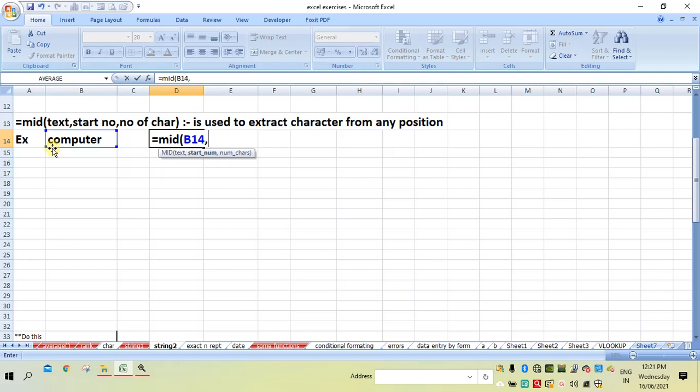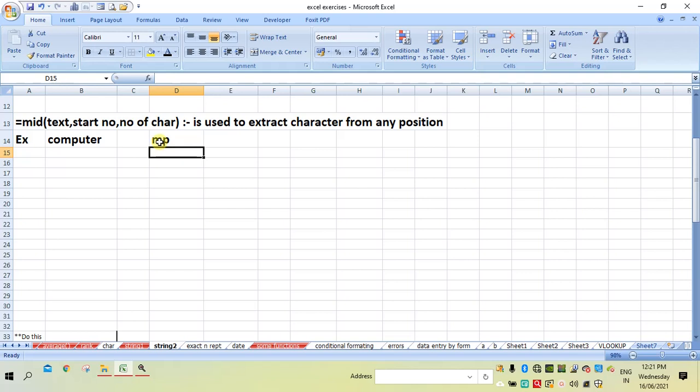C is 1, O is 2, M is 3, therefore the start number is 3 here. From M how many letters do you want? I want 2 letters, that is M and P, therefore I specify 2. I simply enter, and you will get MP.